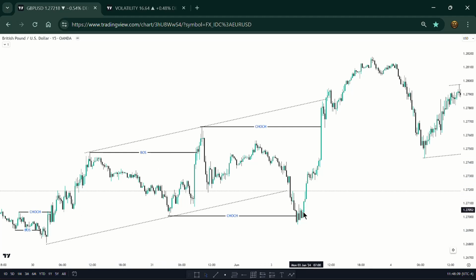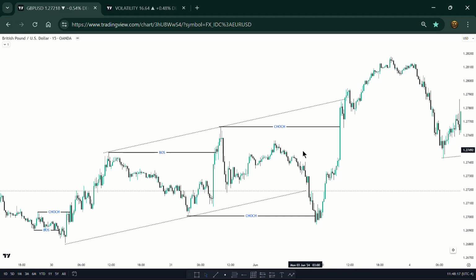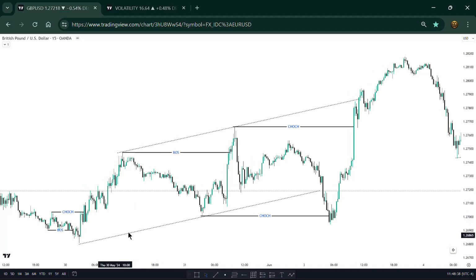You are just trying to buy, and then there's this move right here. This move was just trying to take out the trend line liquidity. You are not on the wrong side of the market when you are talking about direction. It's just that there's way too much liquidity down here. So you have to be very, very careful. If you see trend line liquidity building up like this, and you've already mapped your structure, with the break of structure going to the upside, the market will just come and take you out, even making a change of character to the downside,